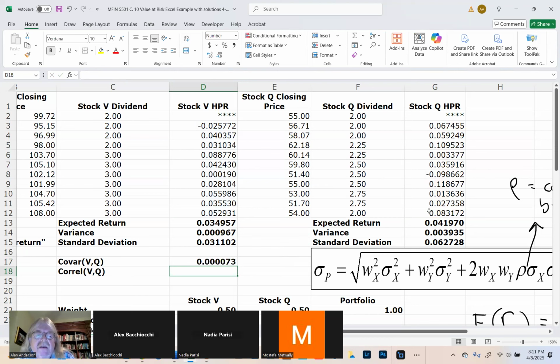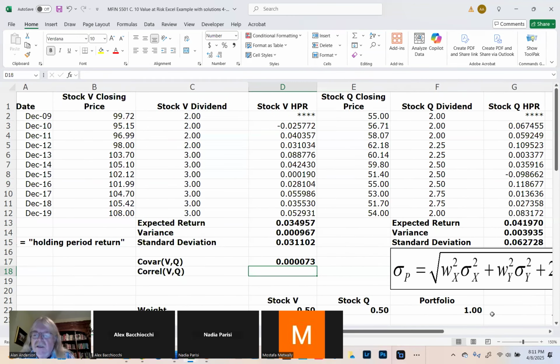The covariance is a useful measure up to a point, but the problem with it is that it's hard to judge what it means. In other words, I'd like to know how closely these are related to each other. By the way, let me show you a special trick we can use to measure how closely related these returns are. What we could do is create,